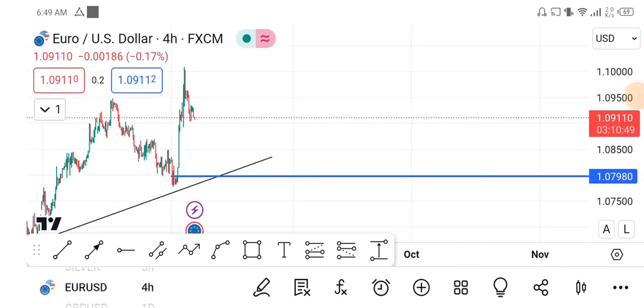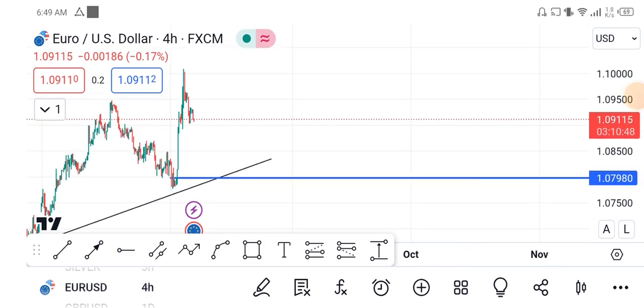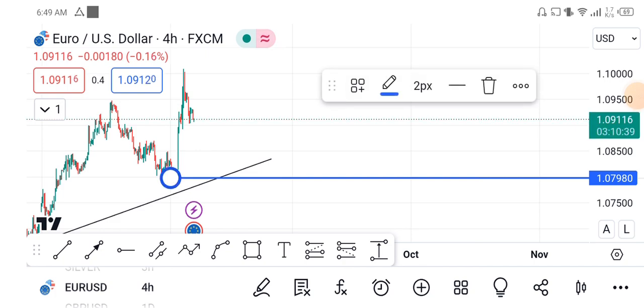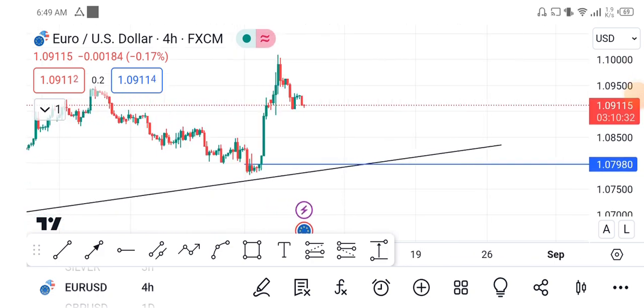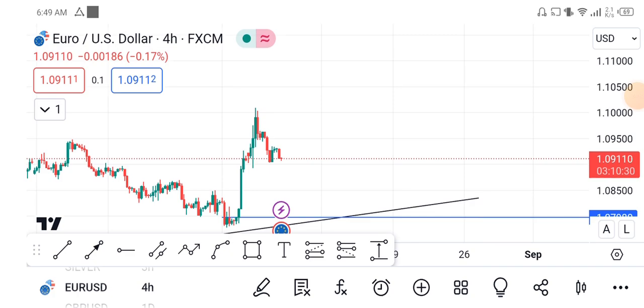Now you can see it drew from where price is. Price is at 1.07980. Now this is where I want price to get to before I enter a buy, right? Before I enter a buy in this market, I want price to get to this particular zone. That is how you easily